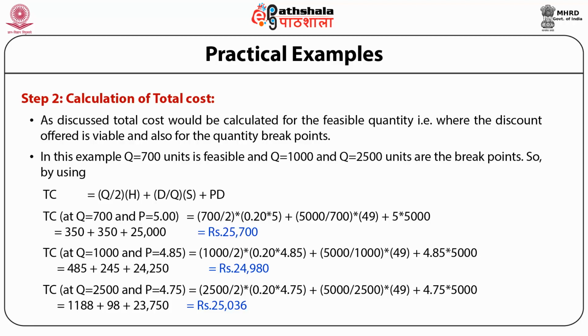Total cost at Q equal to 2500 and P equal to 4.75 equals 2500 upon 2 into 0.20 into 4.75 plus 5000 upon 2500 into 49 plus 4.75 into 5000 equals 1188 plus 98 plus 23,750 equals rupees